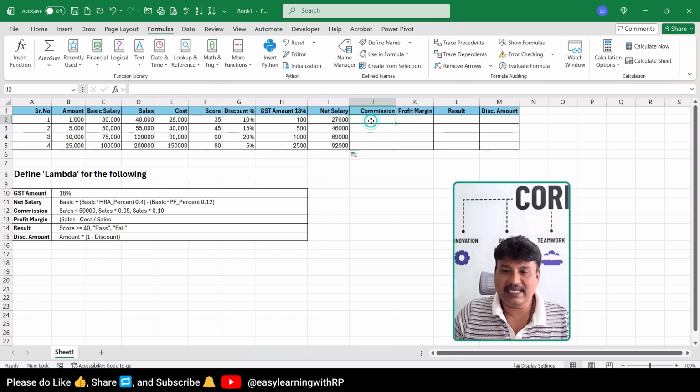Okay, next is commission. Commission comes with a condition: if the sales is less than 50,000, then give 5% commission, else give 10% commission. So in a Lambda you can also apply an if condition.